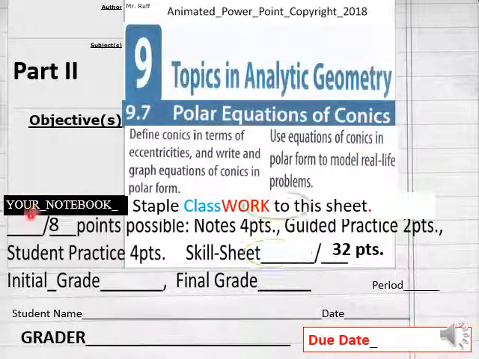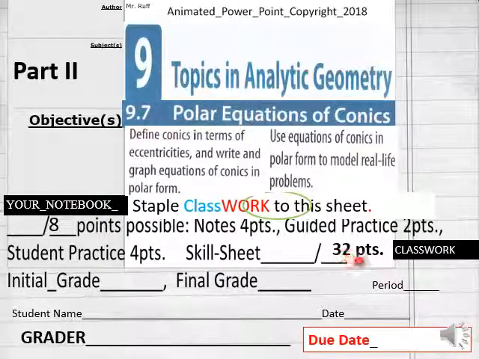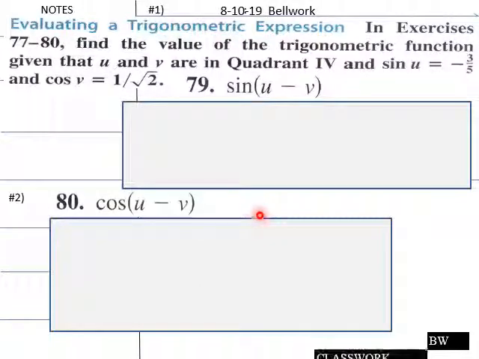And for today's notebook, you got 8 points. We'll go into your notebook guide: name, date, period, students, and then into our classwork sheet, you have 32 points. Due date here for my onliners and homeschoolers, fill that in. And then today's bell work,